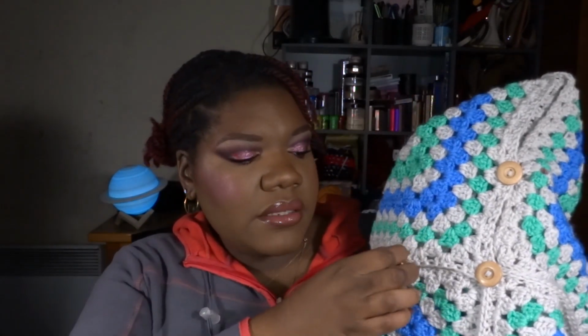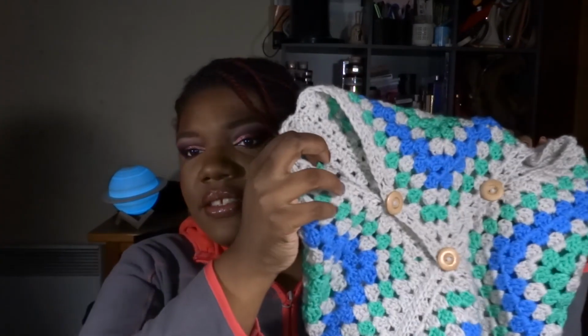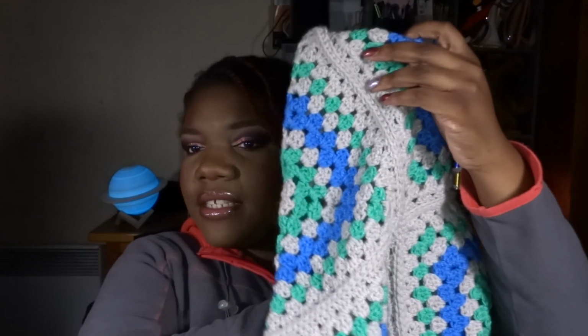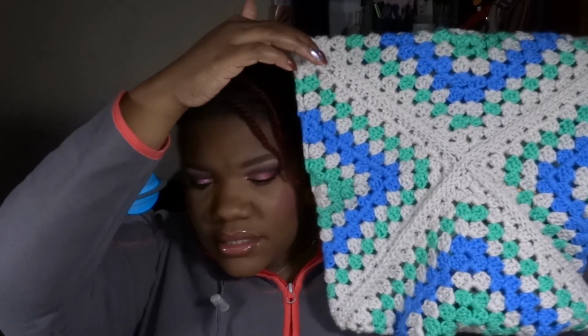The only thing I did not follow is that I have added 3 buttons, and that's because I'm sending this to Martinique, and I was not about to send a pillow, so I'm just going to send the pillowcase. So of course she has to be able to close it. So this is my pillowcase. I steam blocked it,